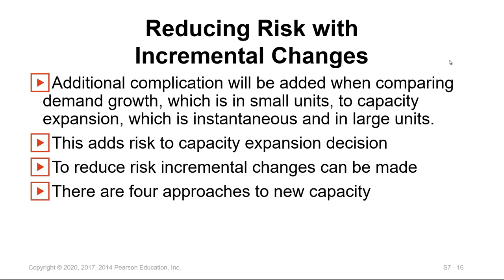So how would that large increase be addressed when you have only a small amount of increase in the demand? This adds risk to the capacity expansion decision, of course, and to reduce that risk, incremental change can be made,